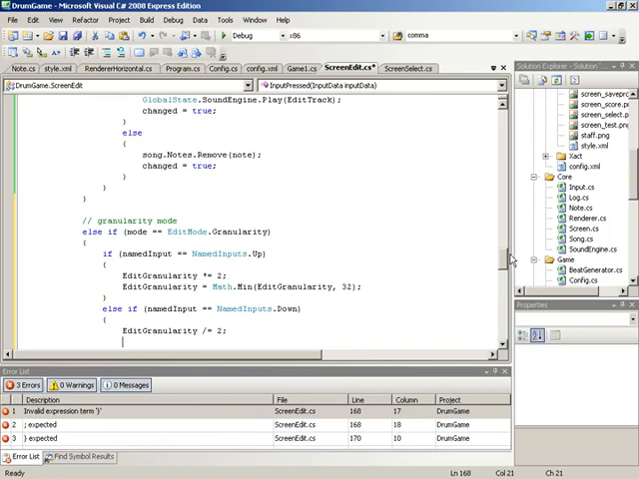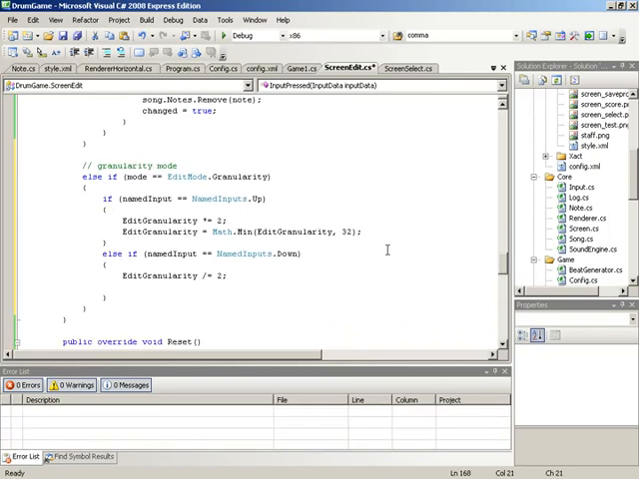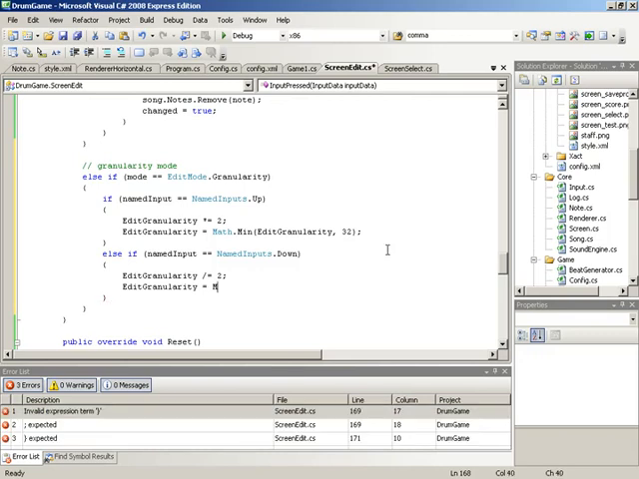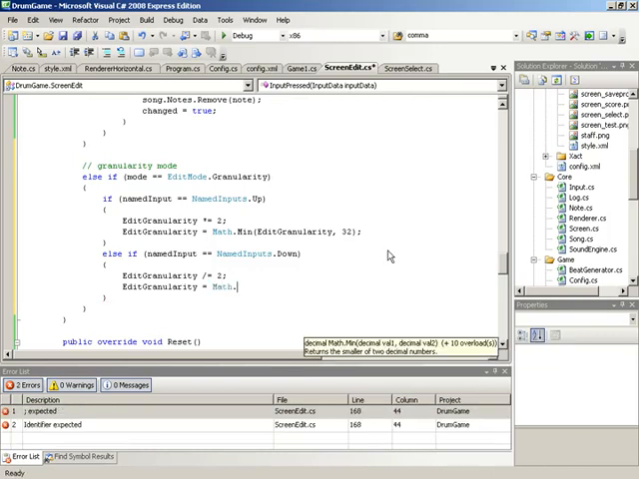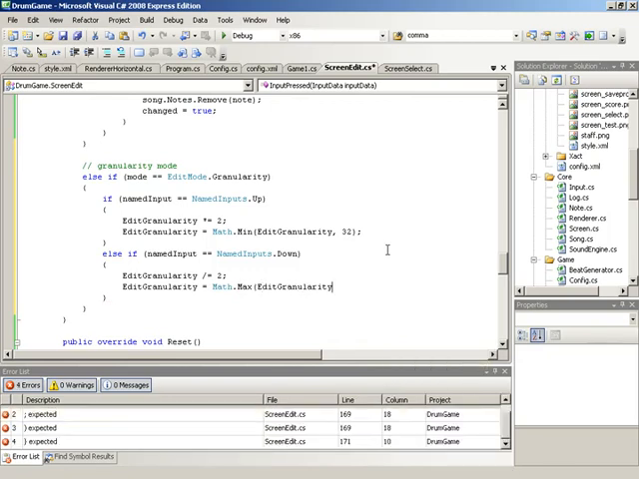So simply divide it by 2, and then do another check because we don't want our edit granularity to reach 0, as that would cause problems when other things are dividing against our edit granularity. Now, a value of 1 for the edit granularity is going to mean a whole note's worth of spacing, and we'll take that as the largest amount of spacing that we'll handle using edit granularity. So in order to employ this as a limit, we'll say that edit granularity will be equal to math.max